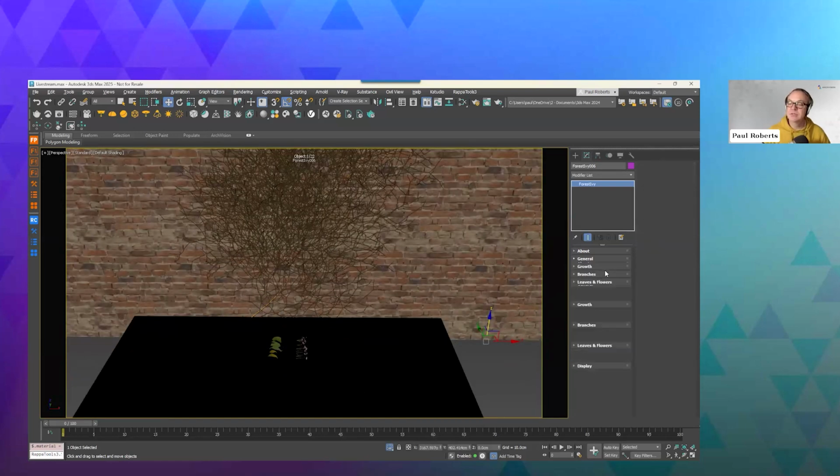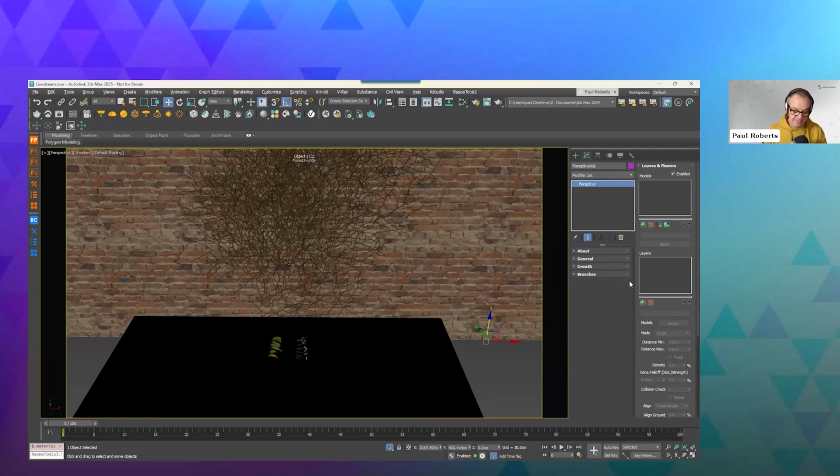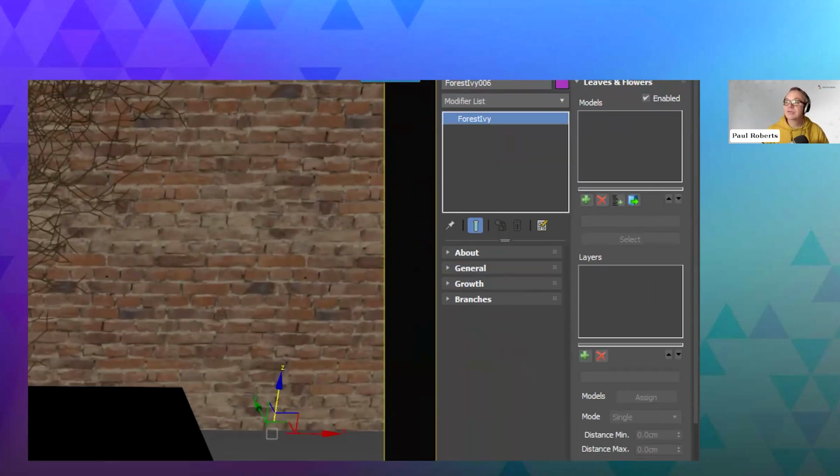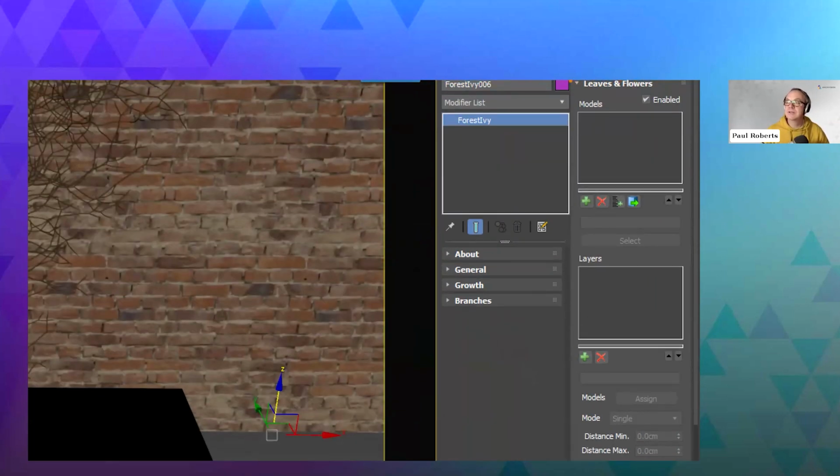Once you've got that, we get to a new rollout for the leaves and flowers, which is this one here. And there are 2 list boxes in this. The first one is for models. So this is the leaves and the flowers. You would just add them all to a list here. Now, this doesn't do anything if you add them here. They don't appear on the branches or anything like that, because what they need to be is assigned to this